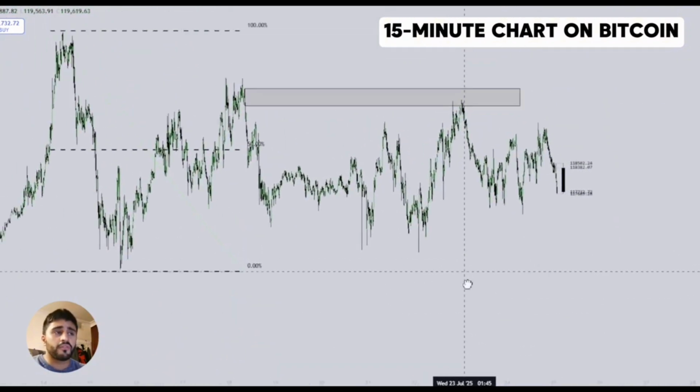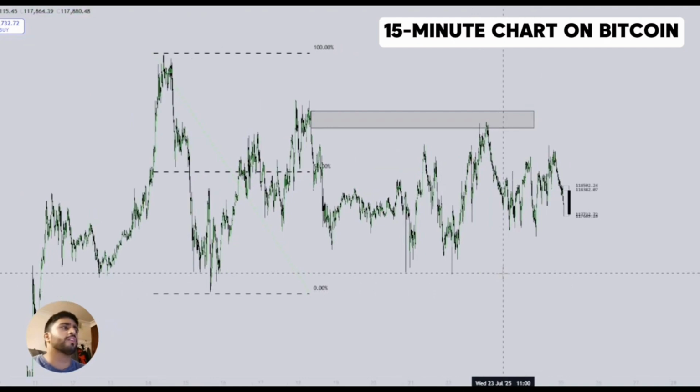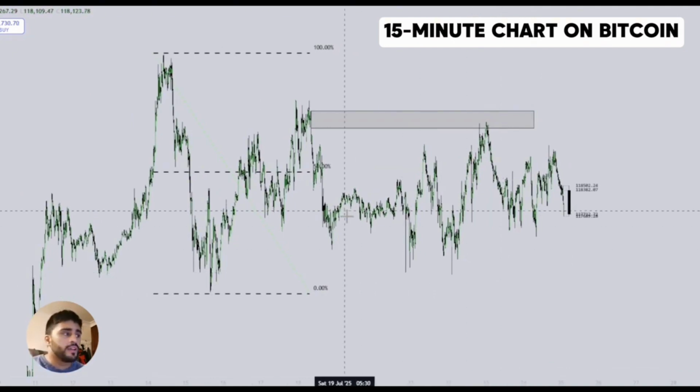So I'm just going to show you a 15-minute chart on Bitcoin. So I had a question about how can you use order flow? How can you incorporate order flow with Bitcoin? Well, this is how you do it. So we're looking at